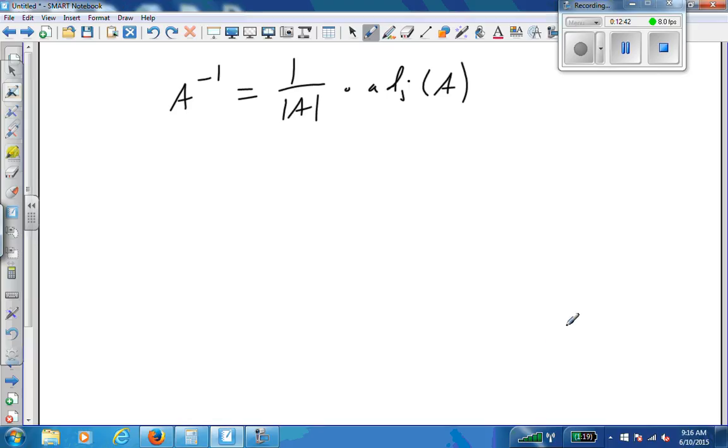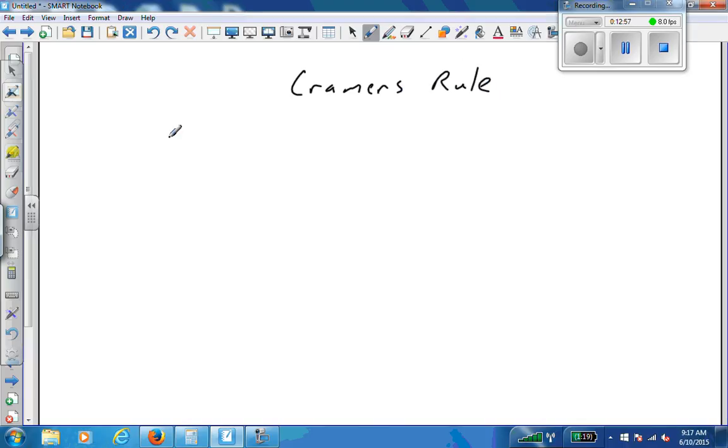So another application is in solving systems of equations, and we briefly looked at this earlier, and it's called Cramer's rule. And if we have some system of equations, 2x plus y equals 5, x plus y equals 3,